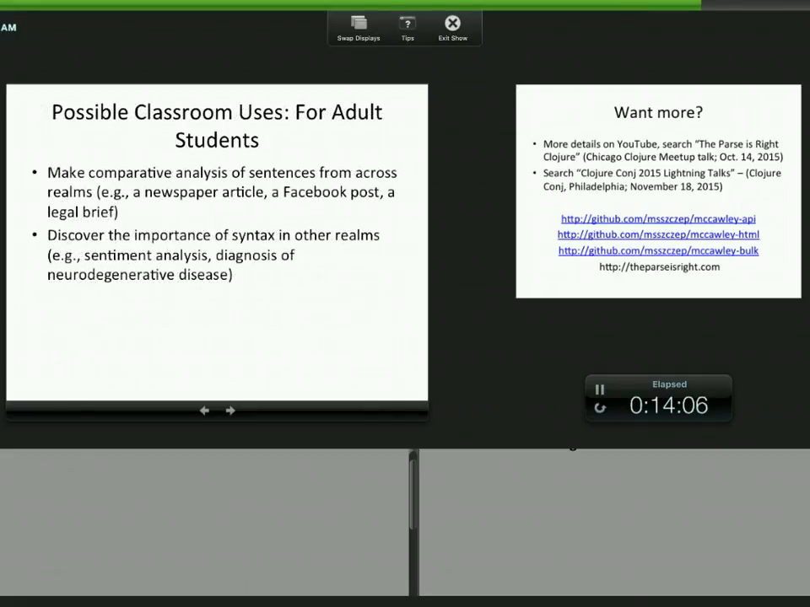For adult students, you can, for example, do comparative analysis of sentences across realms. So comparing the structure of sentences within, say, a newspaper article, compare that to, say, a post on Facebook, which you would figure is less formal, as opposed to a legal brief, which is very ornate and perhaps very formal. Take examples of that, be able to do that kind of comparative analysis to see how they differ, how they're